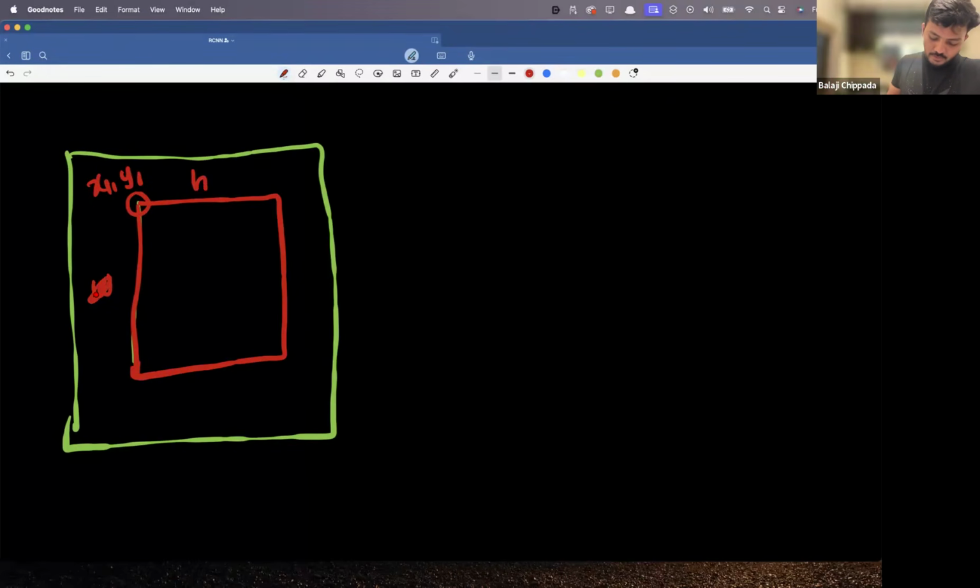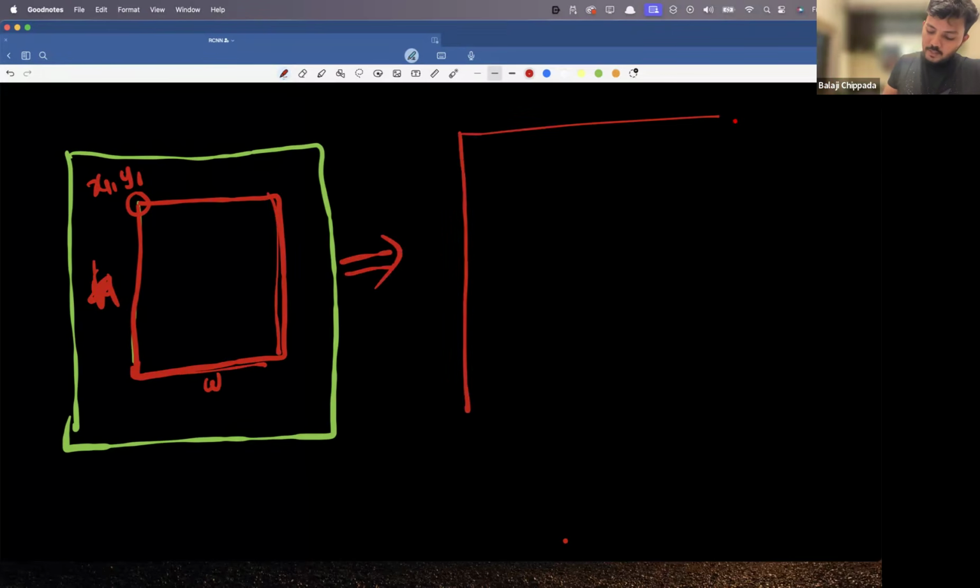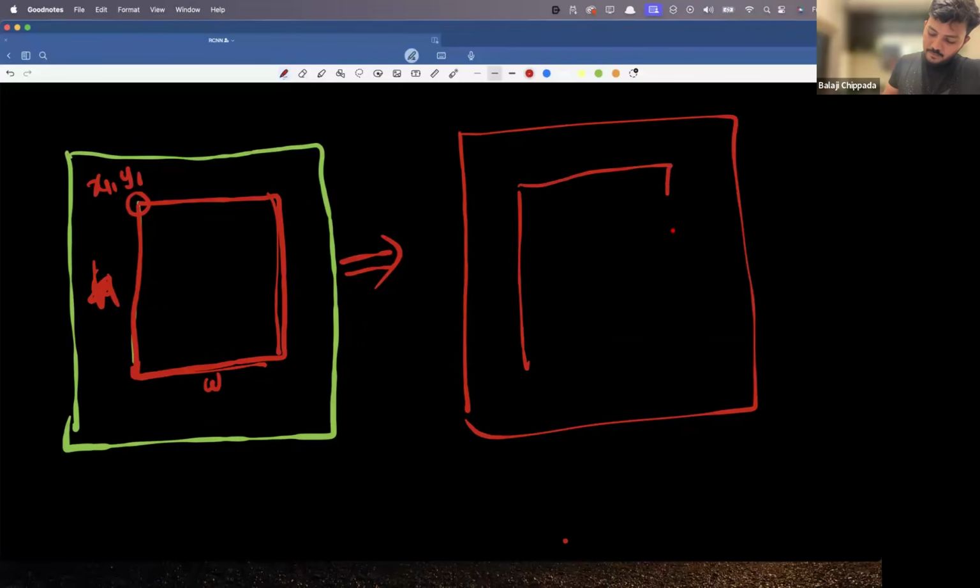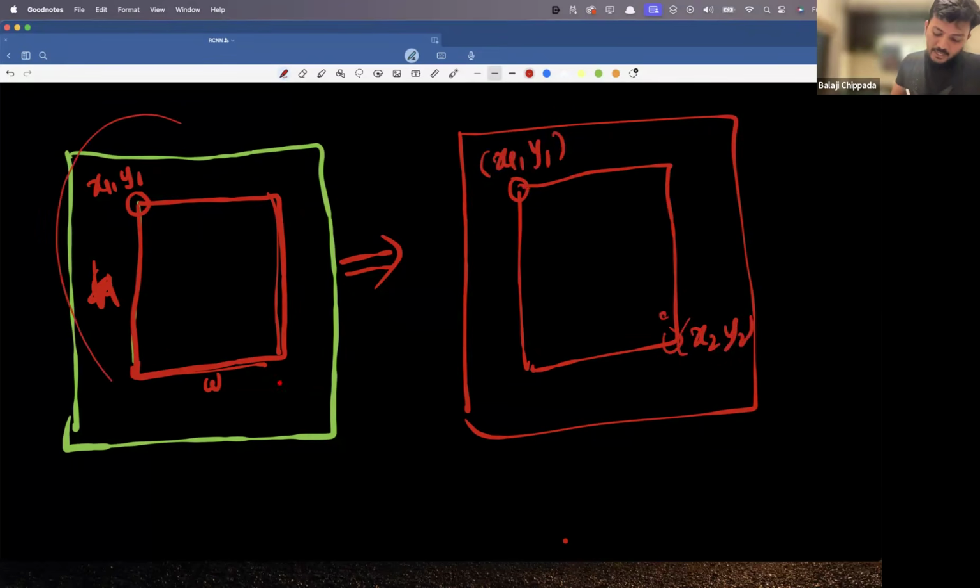So this is an image, and this is a bounding box. सो हमें जो दिया है, this coordinate x1 and y1 and width and height, sorry, this is width and this is height, ए विड्थ है हाइट होता है ना। सो हमारे पास ये दिया, but what we want for our pre-trained model is this one, x1 y1 and x2 y2, ये दोनों चाहिए हमें।